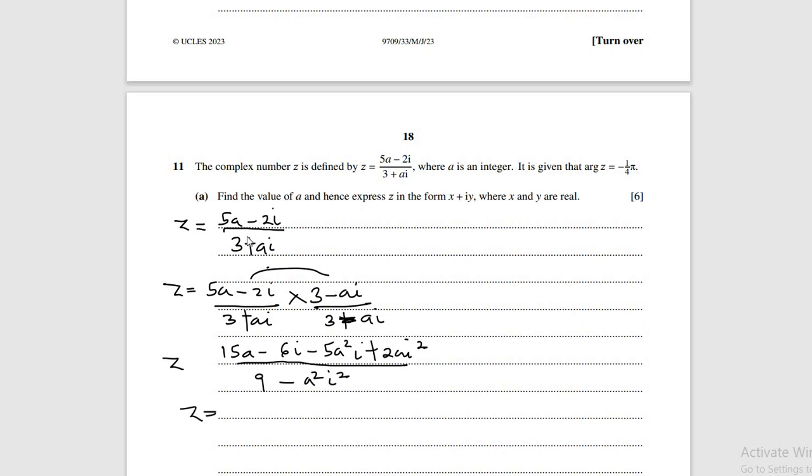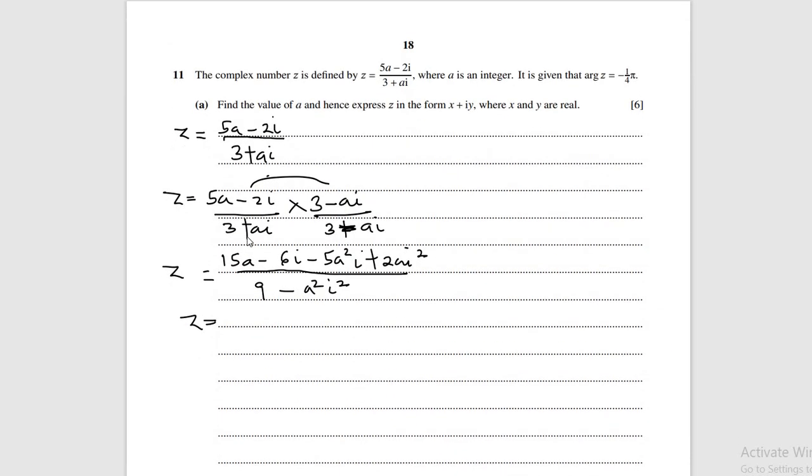So at the end of the day, the complex number will give us 15a, because this i squared is minus 1, so minus 1 times 2a is minus 2a. This is minus 6i, minus 5a squared i,